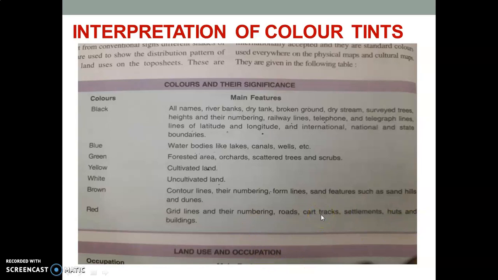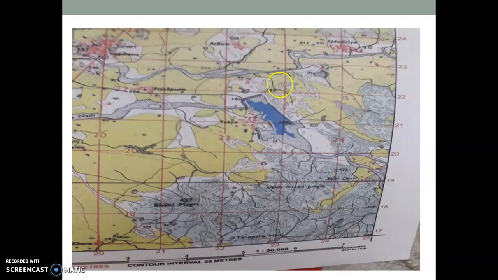There are certain terms given here, car tracks and form lines, that we have to learn in another video with the help of symbols. Now see, this is one sample of a topographical map. If you observe at the bottom, the scale is given here. This black line with divisions is the linear scale. This 1:50,000 is an example of representative fraction and this 2 centimeter to 1 kilometer